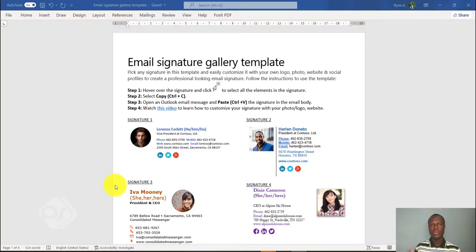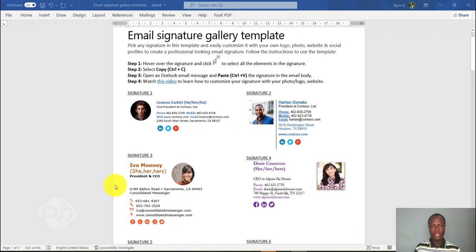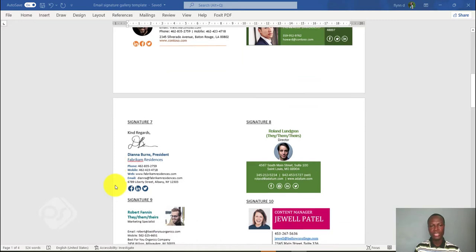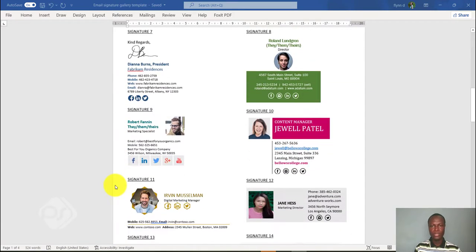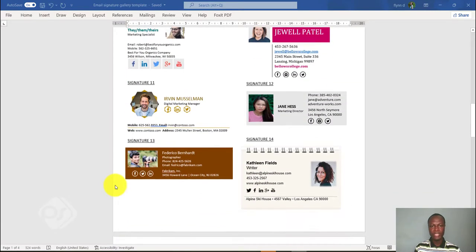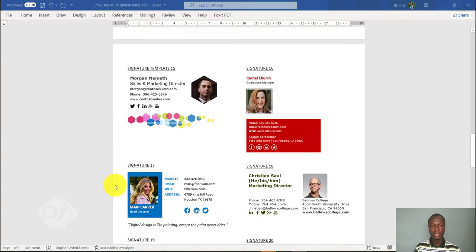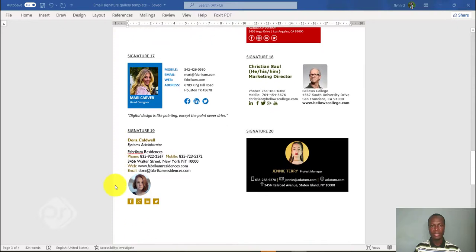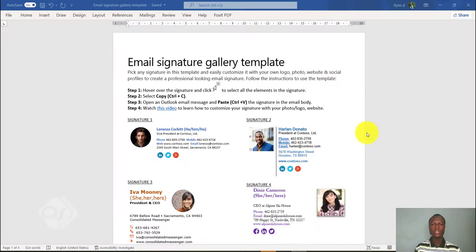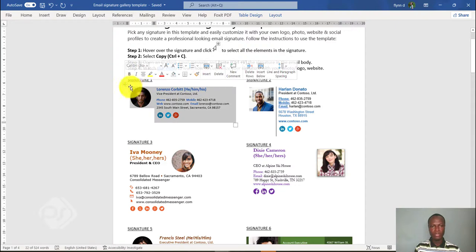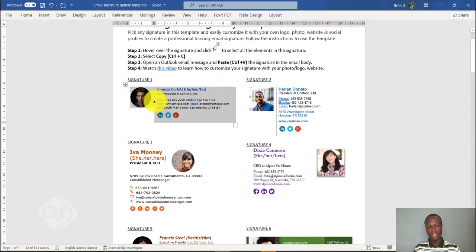So it's actually a Word document with different email signatures that you can use. So whichever one you decide to use is up to you. So you have different designs, different layouts of email signatures in here that you can choose from and then edit to your preference. So whichever template you decide to go with, just click on any of them. Let's just say signature 1. Make sure the whole thing is selected. You can click on copy